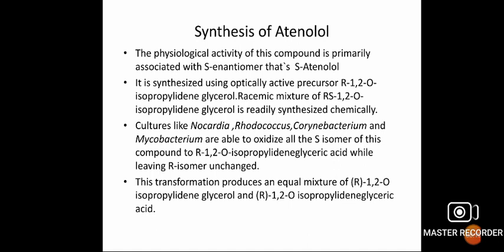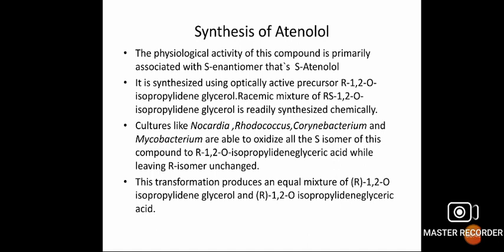Then, with the help of microorganisms like Nocardia, Rhodococcus, Corynebacterium, and Mycobacterium, they are able to oxidize the S isomer of this compound to the R isomer, that is R 1,2 ortho isopropylidine glyceric acid, while leaving the R isomer unchanged. This transformation produces an equal mixture of R 1,2